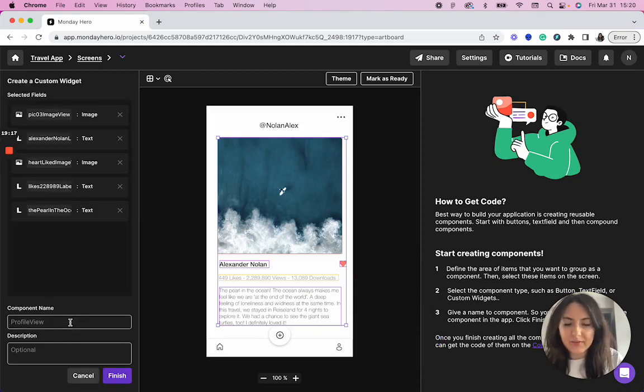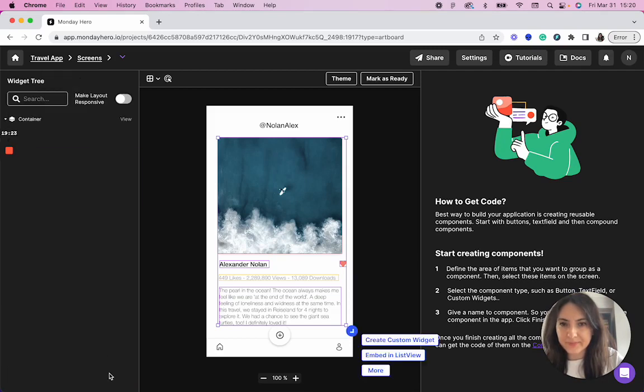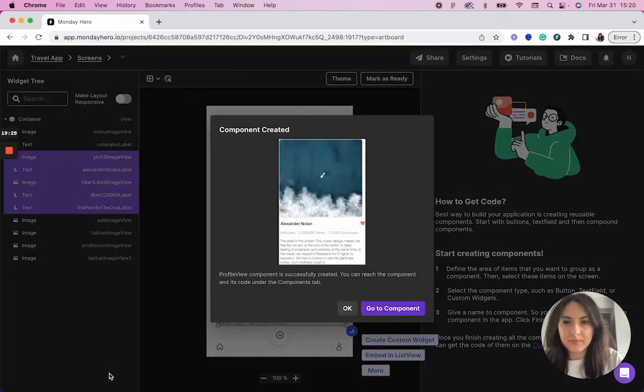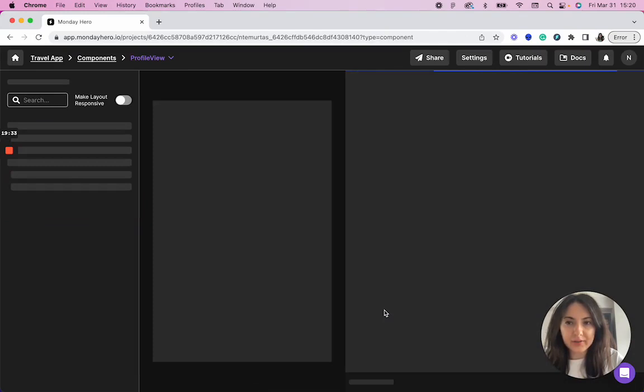And let's give it a variable name. Let's say this is a profile view, and I click finish. Right now the component is created. I will click go to component,